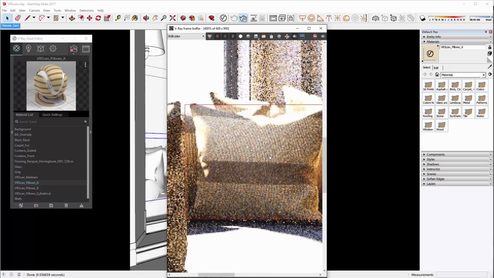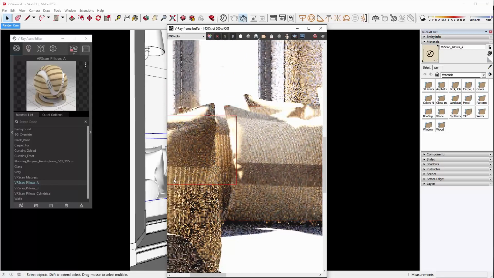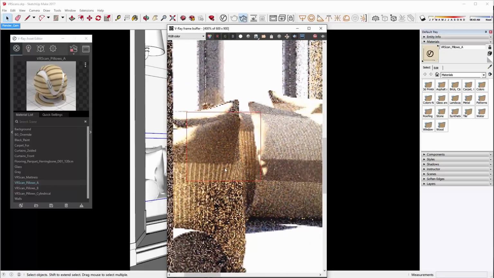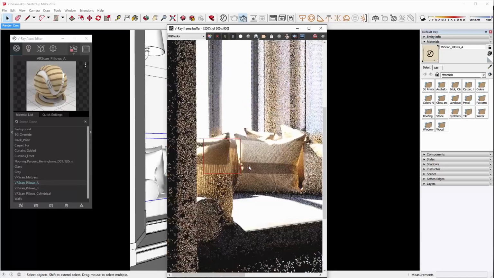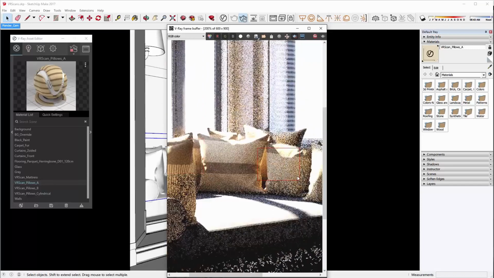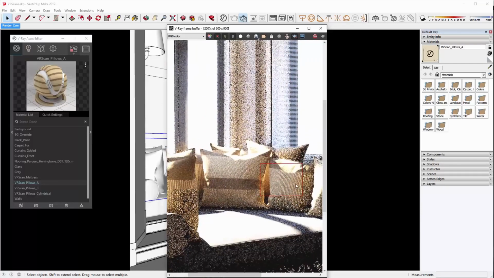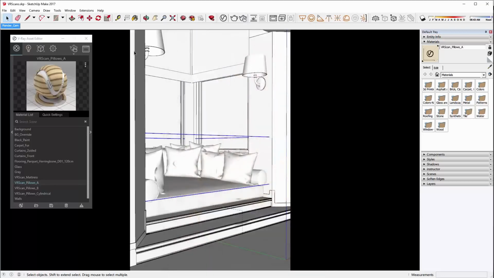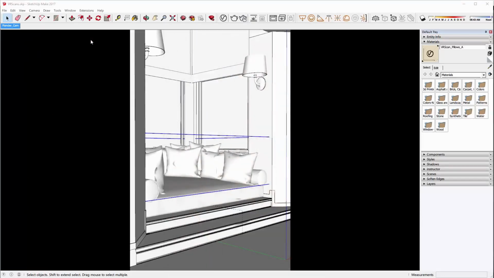Like I said, it's a very real, photorealistic material, so you don't have to adjust any settings. Basically, you get the material, you apply it, and out of the box you get realistic materials with textures. So that's cool. That will save you a lot of time, so make sure to check out our library. We have lots of materials there.